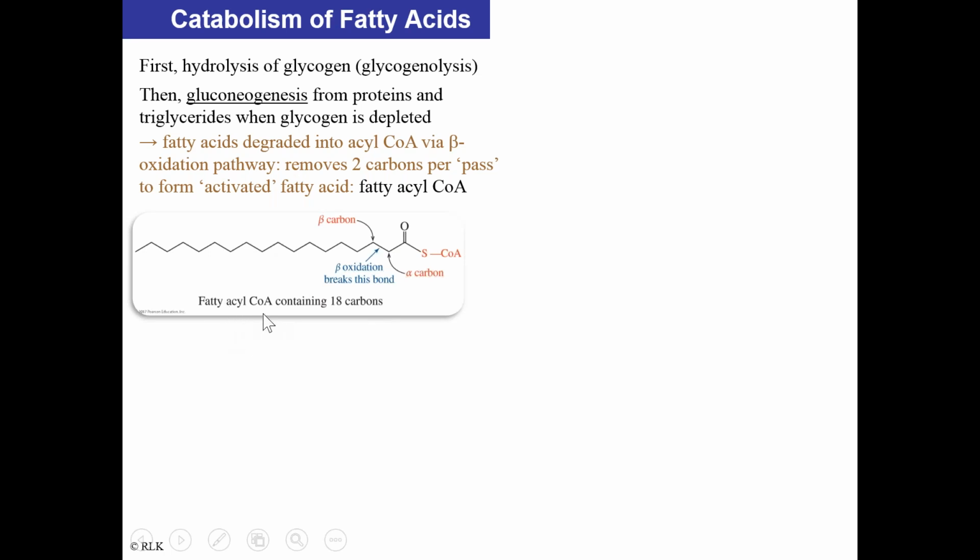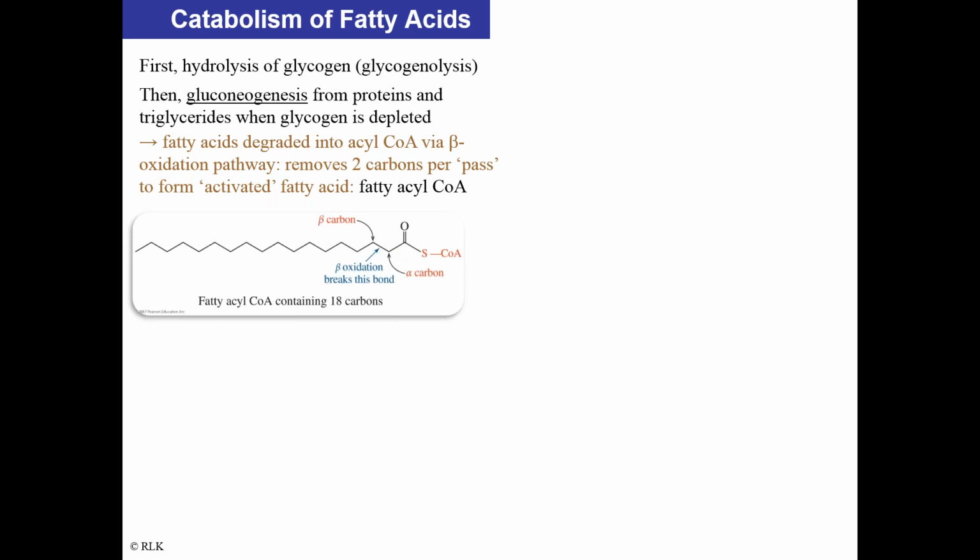we're going to be talking about an acyl coenzyme A, okay? And really this is fatty acid, and we're going to use terminology that talks about where these reactions are occurring. So we have our alpha carbon and we have our beta carbon, okay? The beta carbon is going to be split. So the way that this pathway